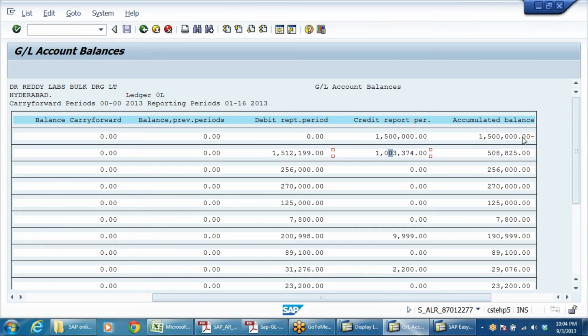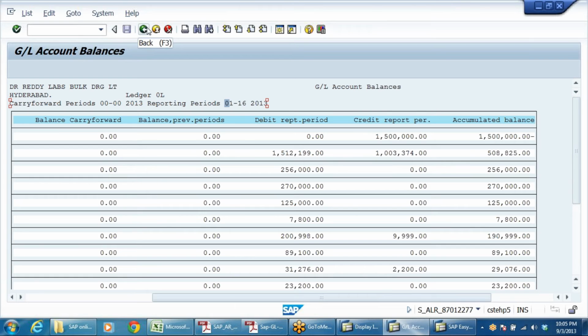Why is the period given up to 16? Yeah, it takes all the periods, 12 plus 4 to 16. Whenever we take a trial balance, we take only for 12 months, right? You can take that. Why 16 is given is that even in the special periods, he'll be posting accounting entries. So that's why. But the value date of the entries will be in this period. No? If the posting date is taken, then up to 31st March only it will take.